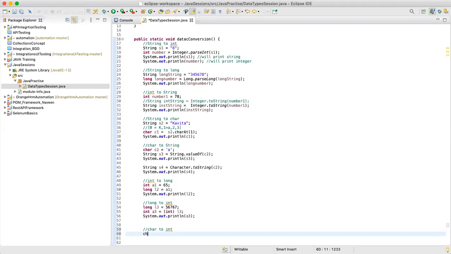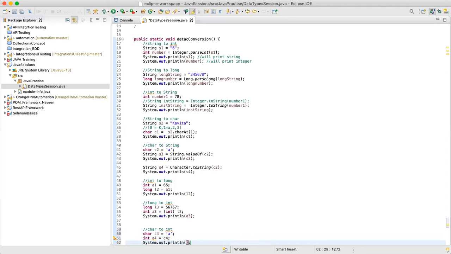Let's say you have a character C4 equals A. We are saying this variable C4 is holding a value of A. Then I can define a variable A4 and assign the value from the character C4 directly into an integer A4. Let's see what it does.